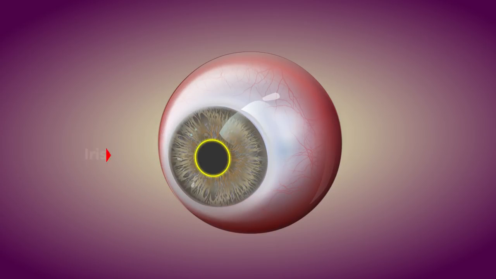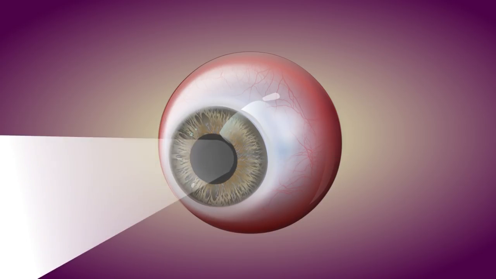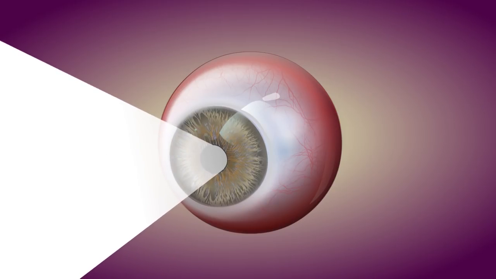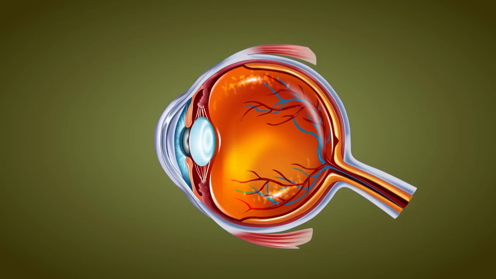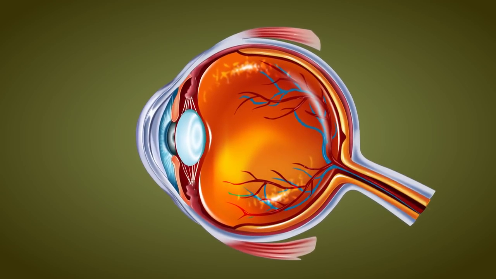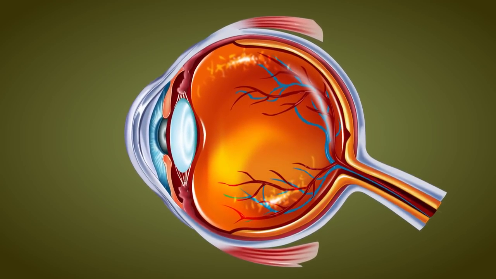Behind the cornea is the iris. The iris has a circular opening called the pupil. The pupil expands or contracts depending on the amount of light entering the eye. Situated behind the pupil is a colorless, transparent crystalline convex lens surrounded by the ciliary muscles. The muscles hold the lens in place and help to change the focal length by adjusting the curvature of the